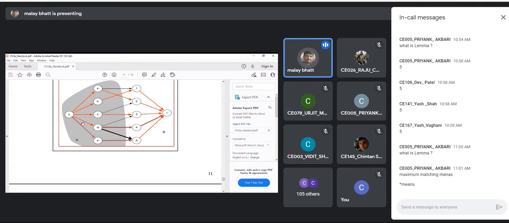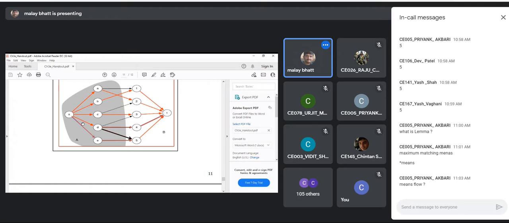So it is a matching of 3, but it is not a maximum matching, because you can still match E and F. That is the difference between matching and maximum matching. When you consider A with 2, B with 1, and C with 3, it is only a matching of 3 nodes from L to R, or from group A to group B, but it is not a maximum matching. What is maximum matching? That beyond which you cannot match nodes in group A with nodes in group B.